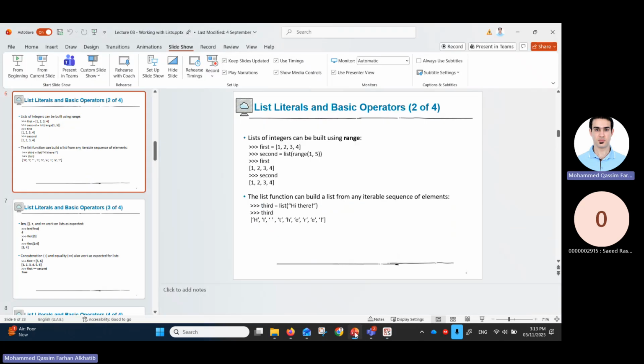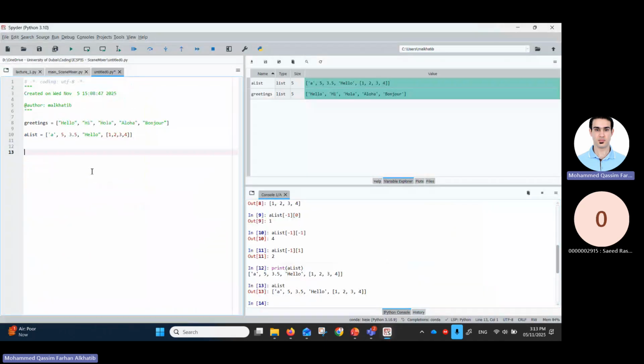Okay, so what was the thing we needed to do here? All right, so let's do the range thing. We didn't do that yet. Okay, x equal range